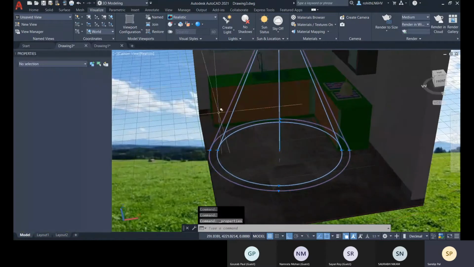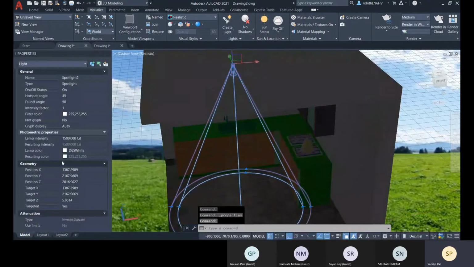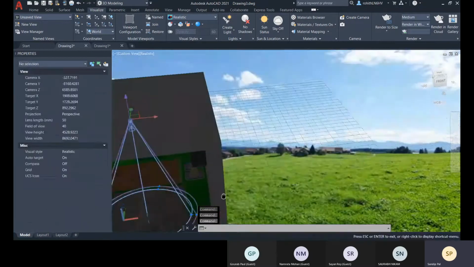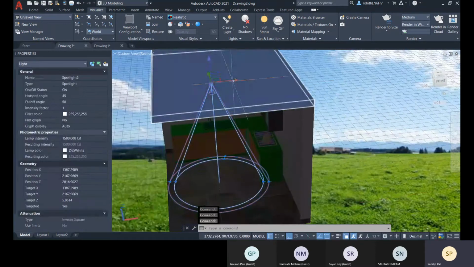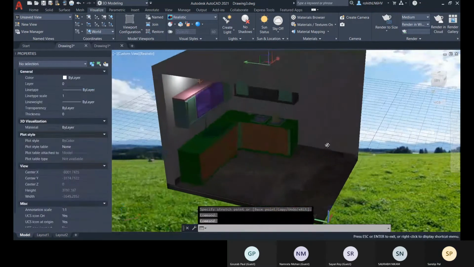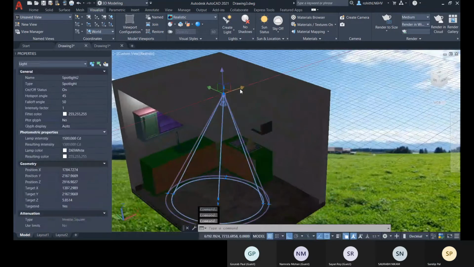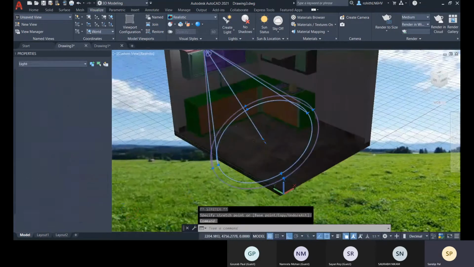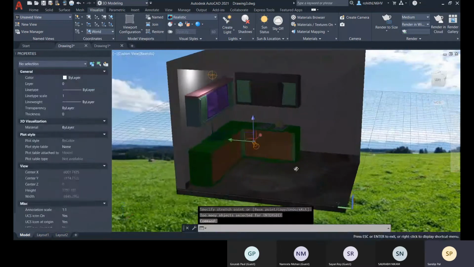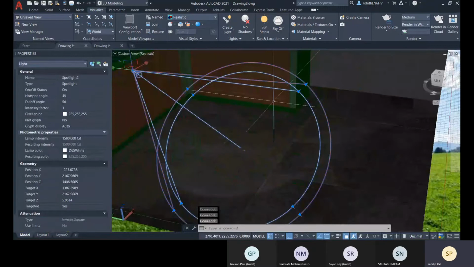You can change that. Select the light and press Control 1, and there you have all these options, hotspot angle and falloff angle. Now let me change the intensity so that you can see some light there. There you can see this light.